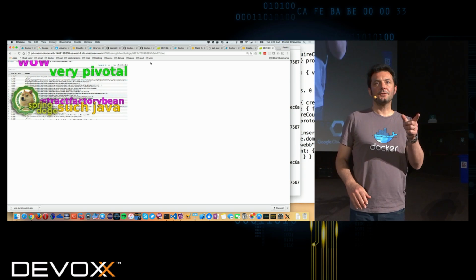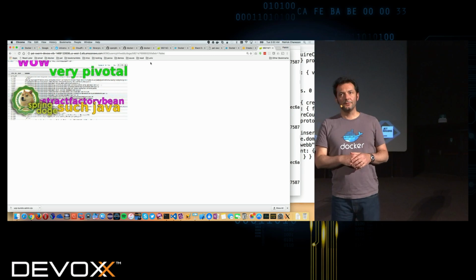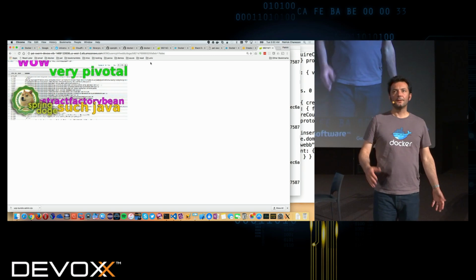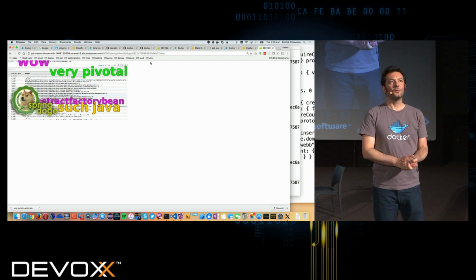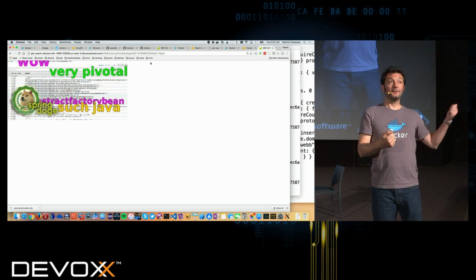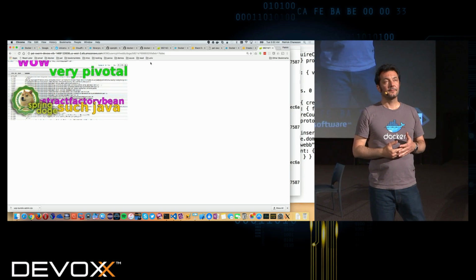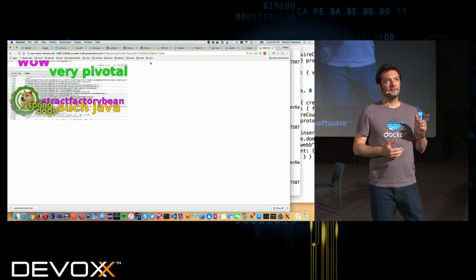Okay, so the question here is you're using Docker Compose, you launch a bunch of containers, you close your laptop. When you open your laptop back, the time in the containers is still the time when you close your laptop. I'm not sure about that.